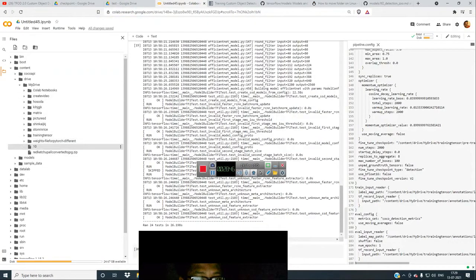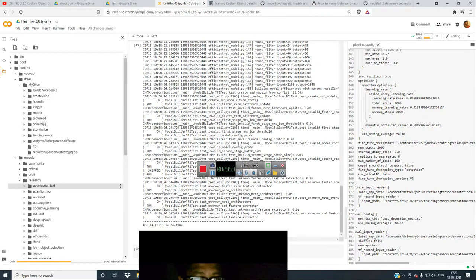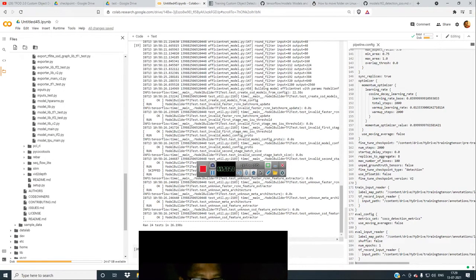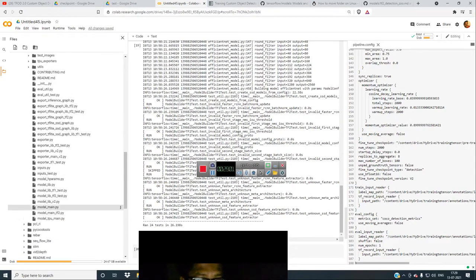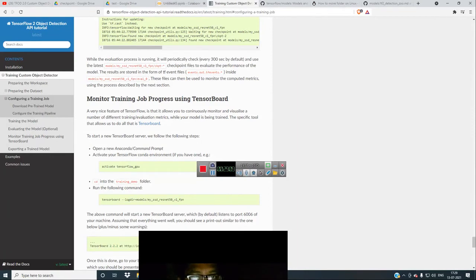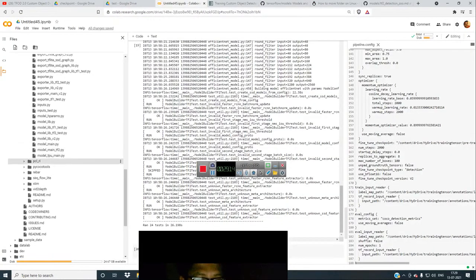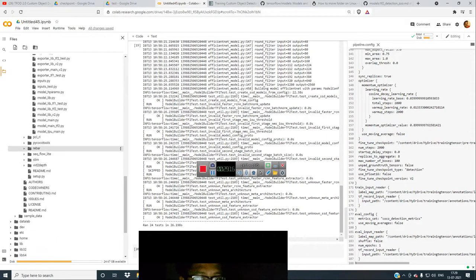For example, in models research, object detection, go to model main tf2.py. It is over here, but you can just do it from here also, which I have just copied to this folder, or you can get this file elsewhere.